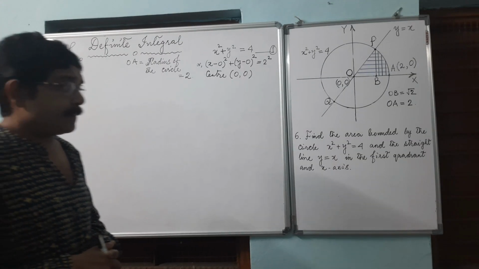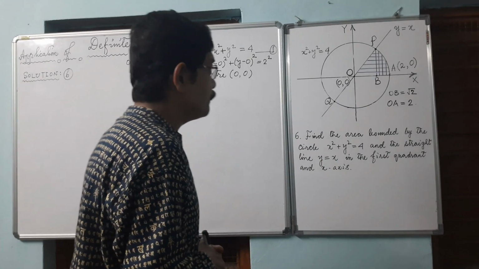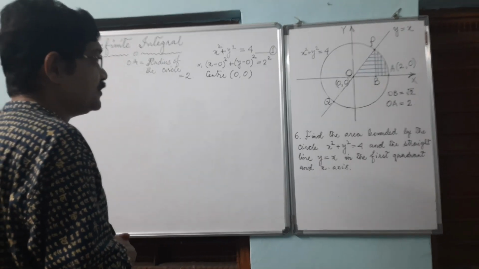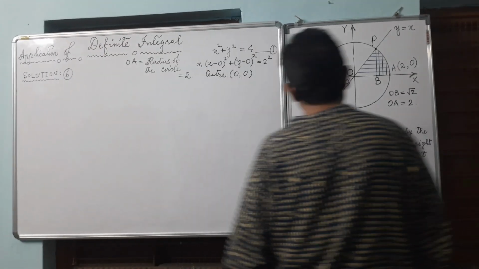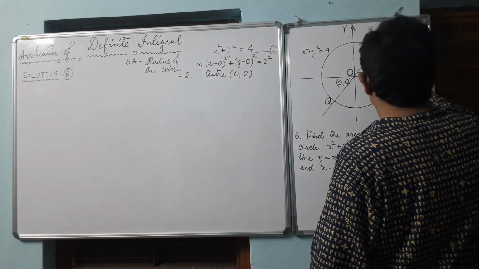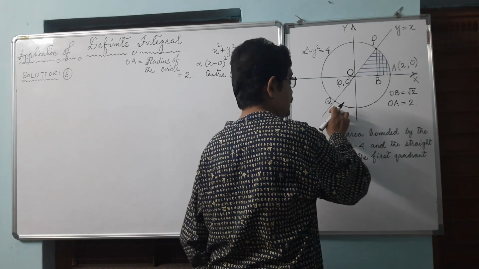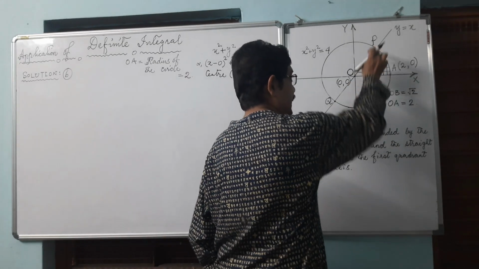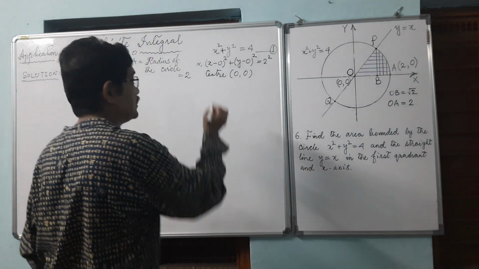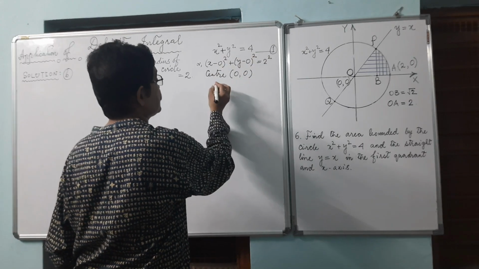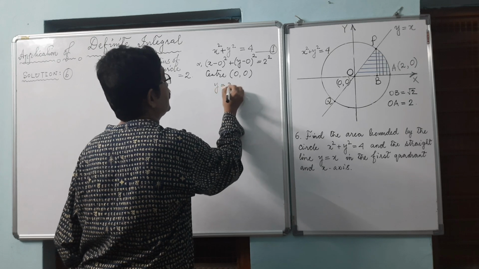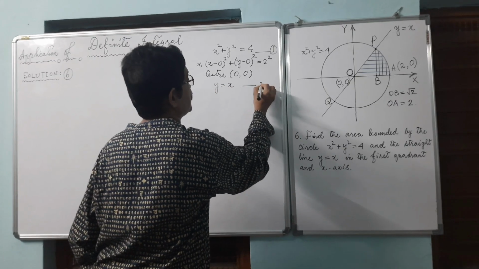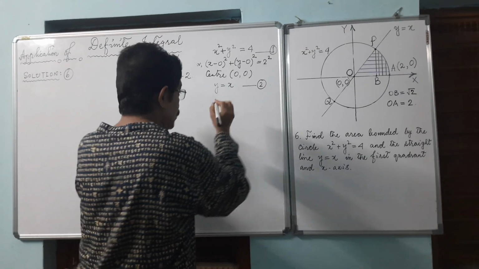So if we want to find the area, first of all our reduction is to find the points of intersection between the circle and the straight line. Consider this equation as the first equation and the given straight line y equals to x be the second equation. If we solve these two,